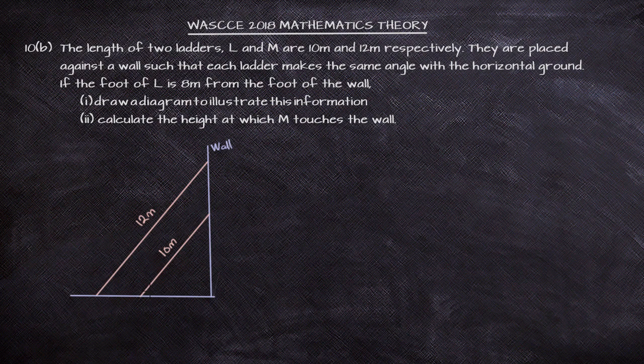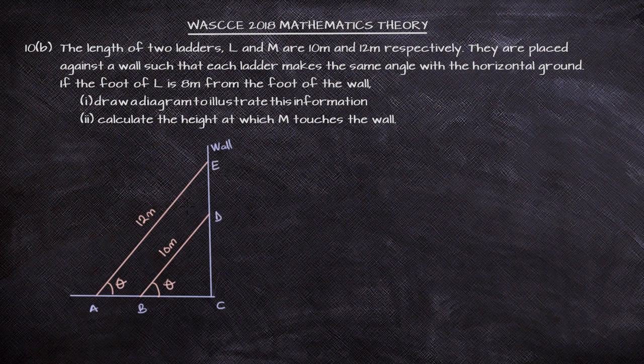Now, for them to make the same angle with the horizontal, that means inherently they are going to be parallel to one another. Because the angle here, theta, will also be the same angle here, theta. If you look at them, they look like corresponding angles that are facing the same sides. So that makes the 12 meters and the 10 meters ladders parallel to one another. So now if you have to label our diagram,